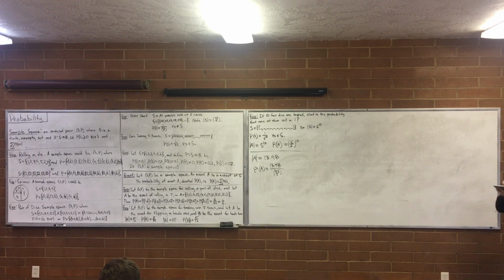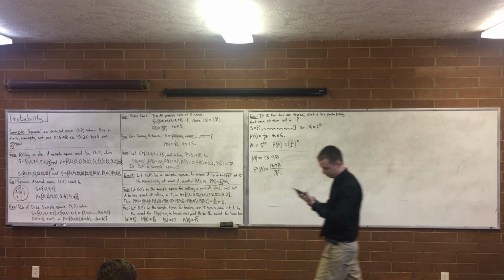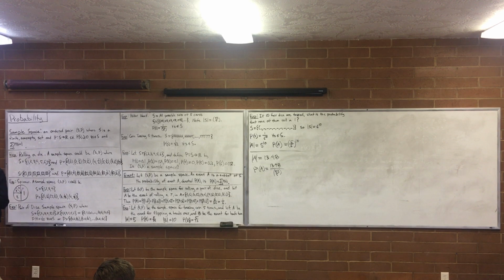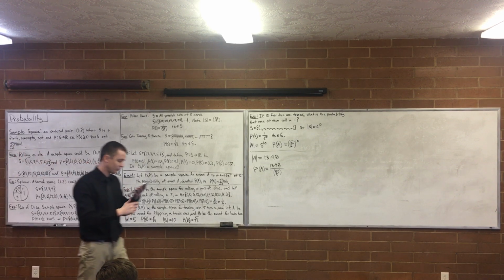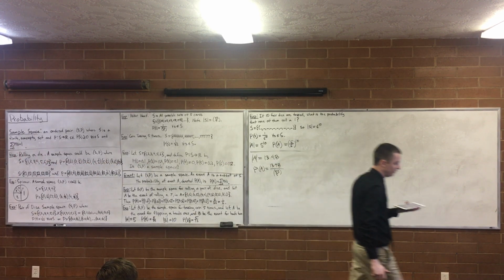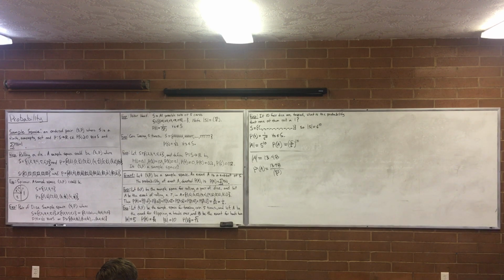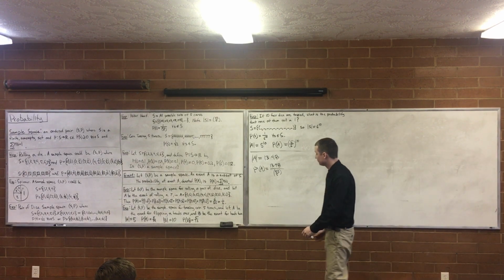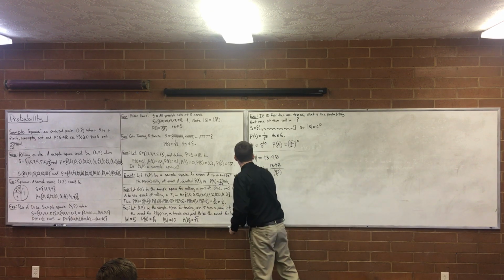Four children. A couple has 4 children. Which is more likely? They have 2 boys and 2 girls, or they have 3 of one gender and 1 of the other. So we just have to find the probability of each and compare. Sure. So let's do it.